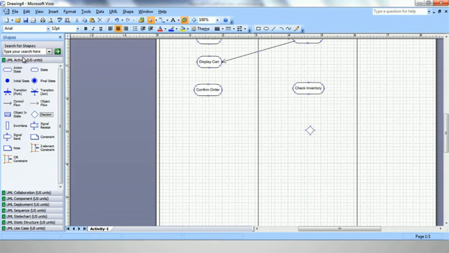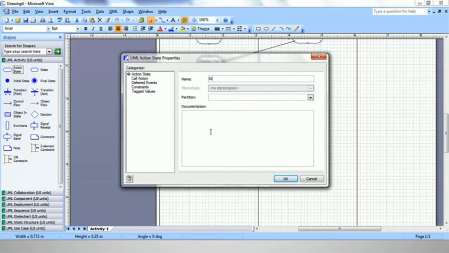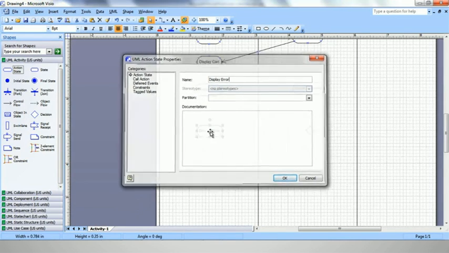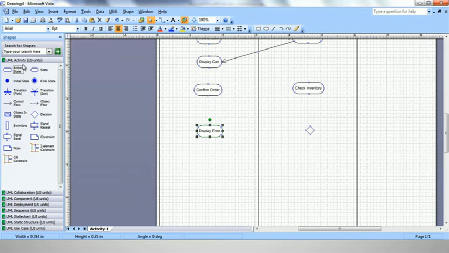If it is not in stock, display error. If it is in stock,